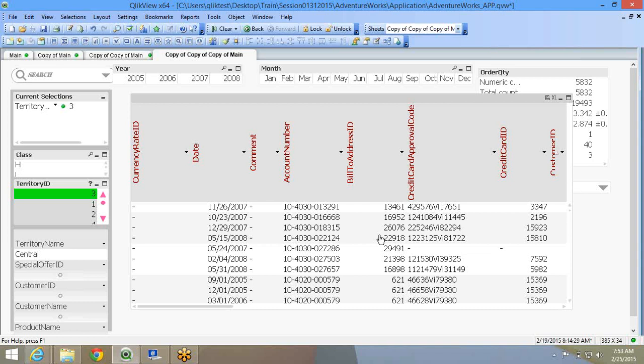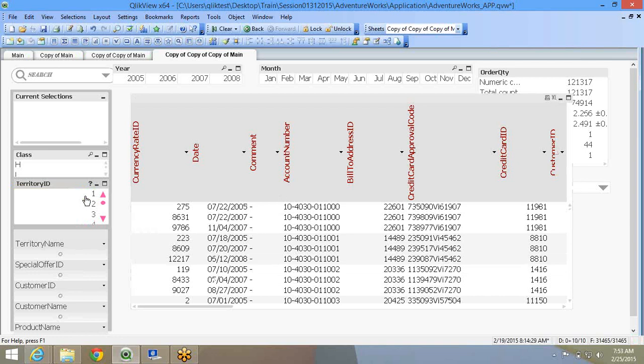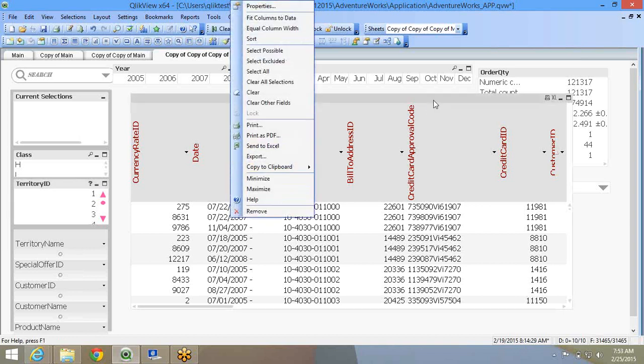Now this scenario raises a challenge in a business case. Your users would be using an application with 1 million records. Suppose he doesn't select any territory. All the territories put together is 1 million records. It is fine, it is working in RAM, the RAM is sufficient to take that load. But the network speed will be pretty low. Users will just right click, say export, send to Excel.